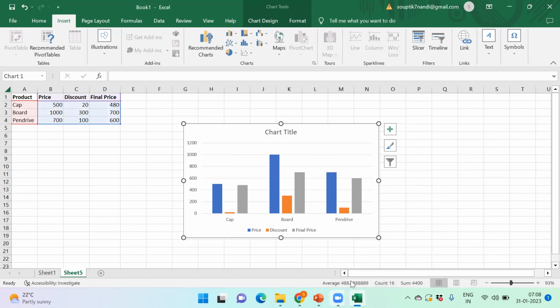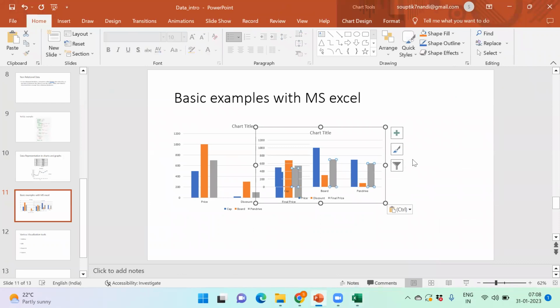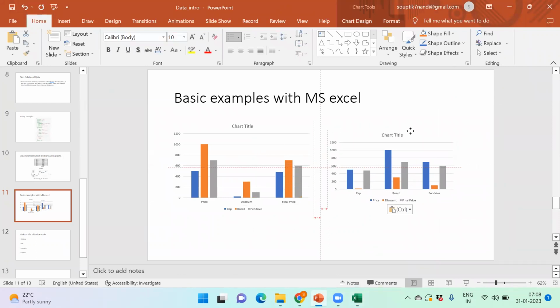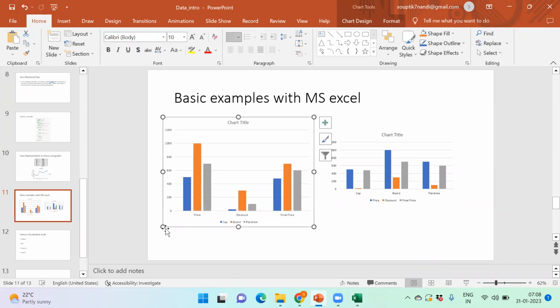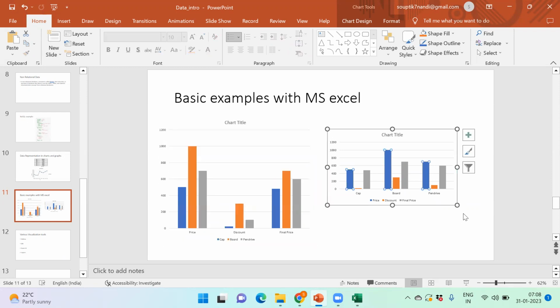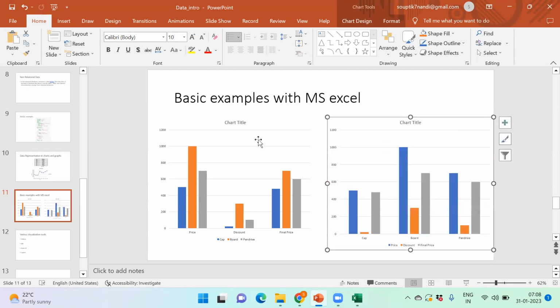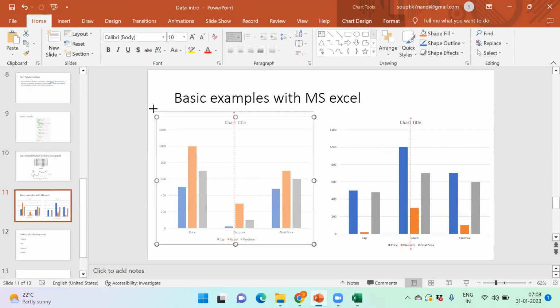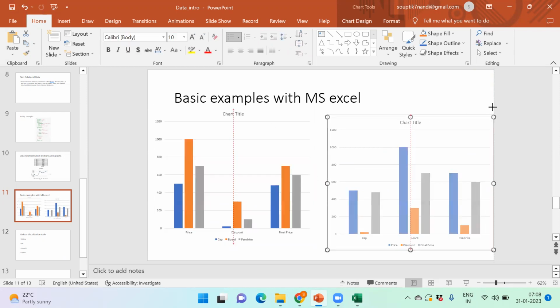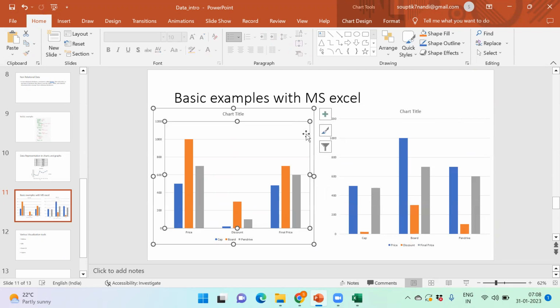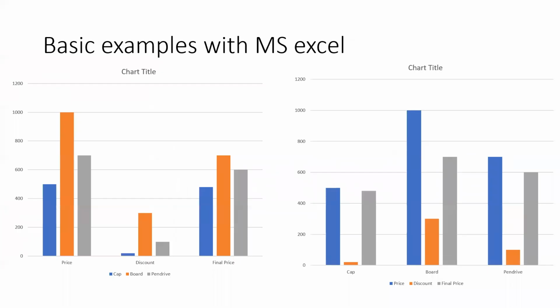Okay, so let me pick this up again so that we can understand the difference and what is more meaningful. So this is the representation of data. Maybe we can take the correct decision, or maybe we have to get help from our business person. Okay, let me maximize the screen. What we have done, the data is the same thing, the raw data. We have three products.